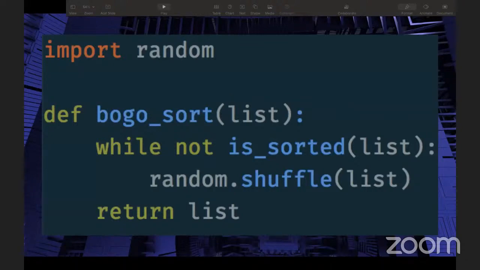So this is a very important way in which quantum computers can help you create a sorting algorithm, by not writing any sorting logic, but by just randomly shuffling the list. And this is again very effective, because quantum computers can generate truly random numbers, and not pseudo random numbers as in the case of a classical computer.